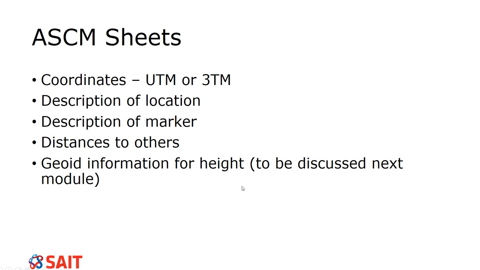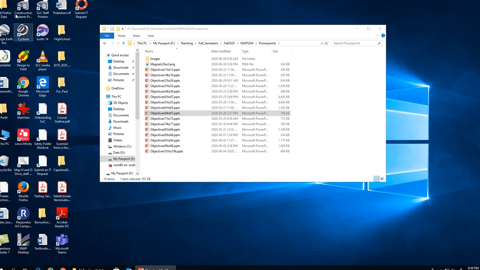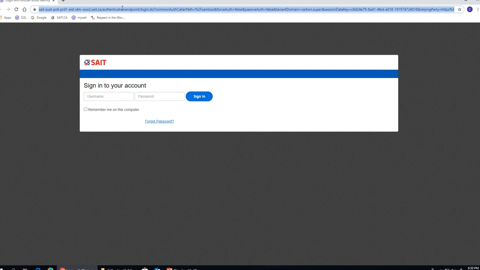And we'll be discussing some of the geoid information, but we're only going to be scratching the surface on that. So I'm just going to end the slideshow here, and I'm going to open up the